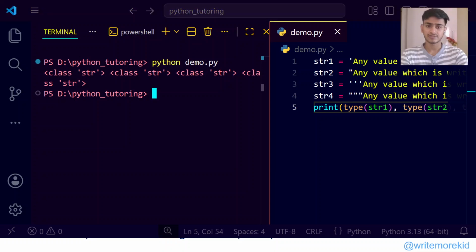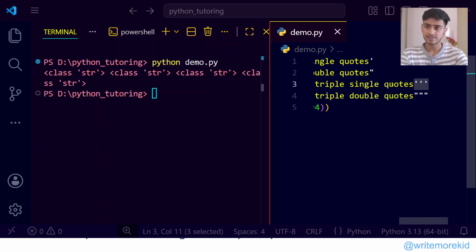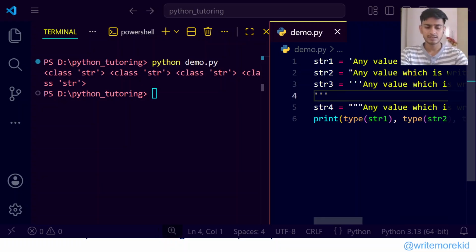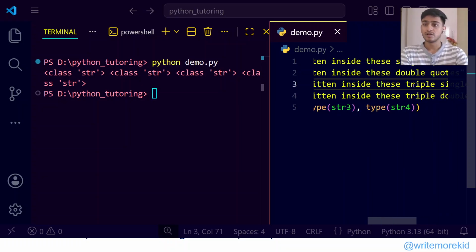Now, where does the actual difference come? Do you see these triple quotes? That is this one. So the main difference is it is a multi-line string. You can write a multi-line string, you can type it and use it as many times as you want. But